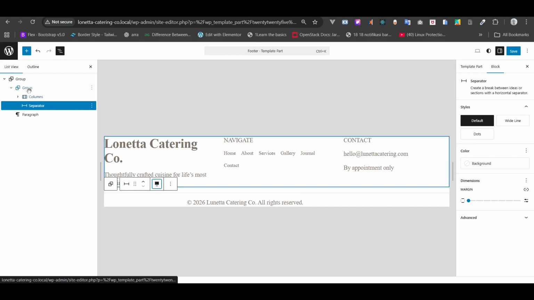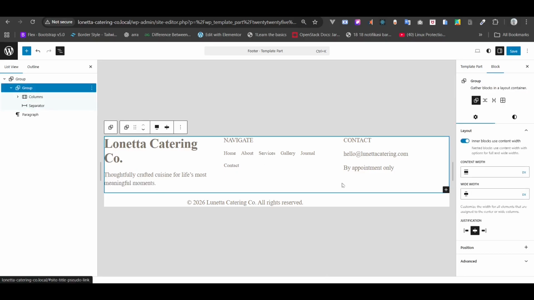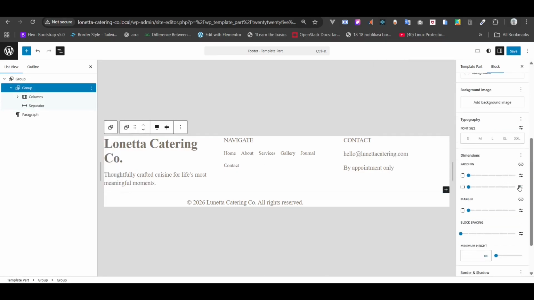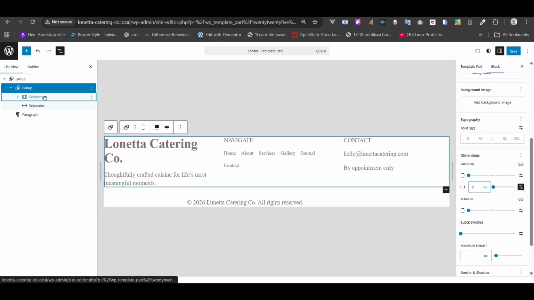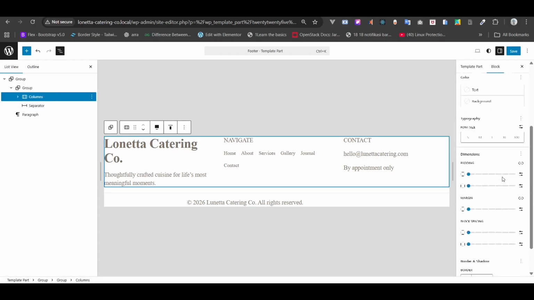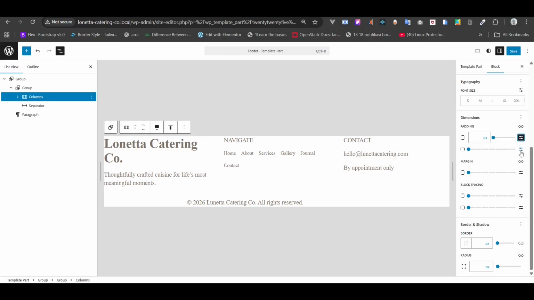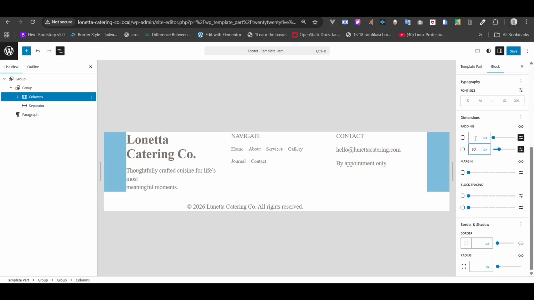For the second group, go to the style and give it a padding in column, just keep it padding top and right and left. For right and left 80, and for top and bottom